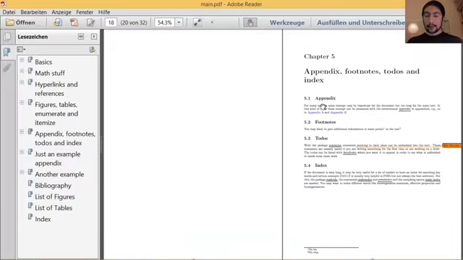And in the last part of the video, I will show you how to create appendices, footnotes, and to-dos. For example, I created two appendices, A and B. I will show them to you right now. How to create footnotes, how to create to-dos, just like in Word or